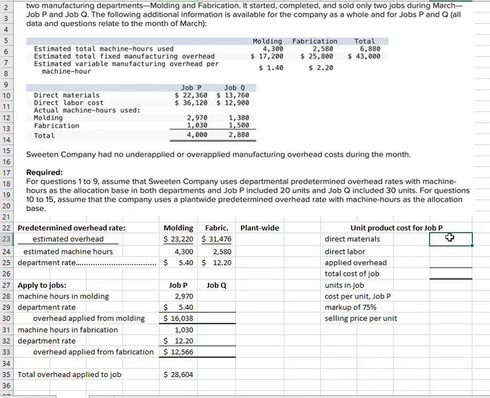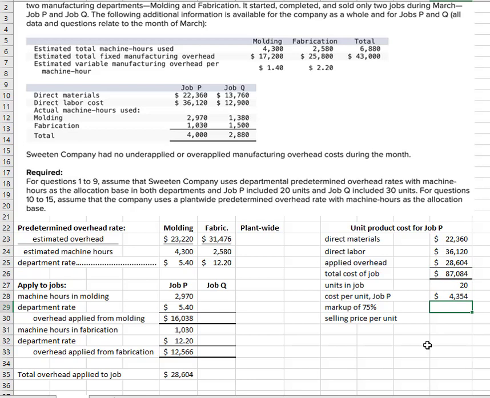If I want the unit product cost for job P, I'm going to take my materials and my labor, add this total overhead that was applied in both departments, and get the total cost of my job. They tell us there are 20 units in job P,